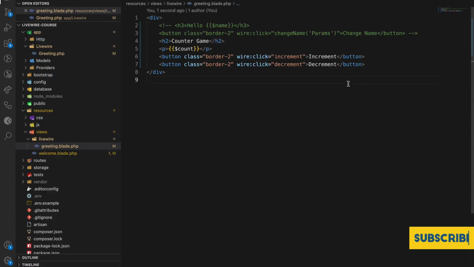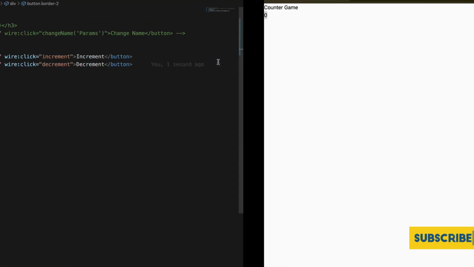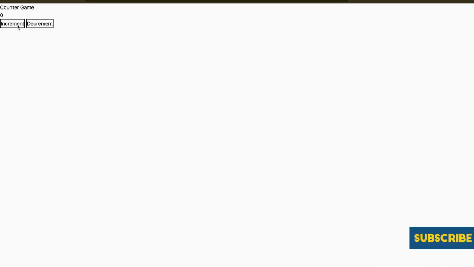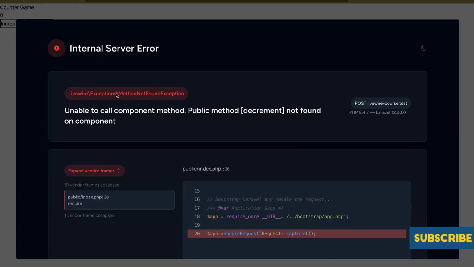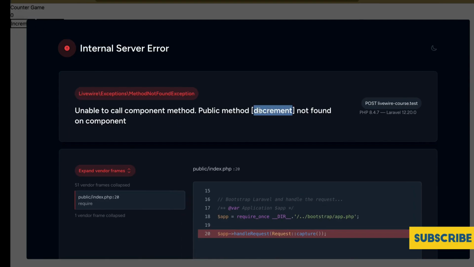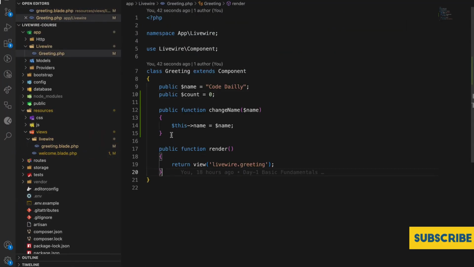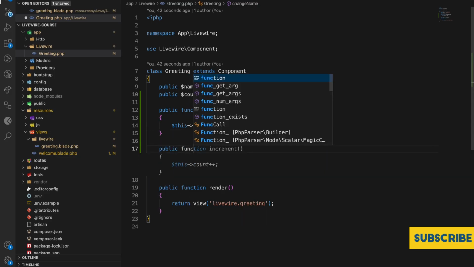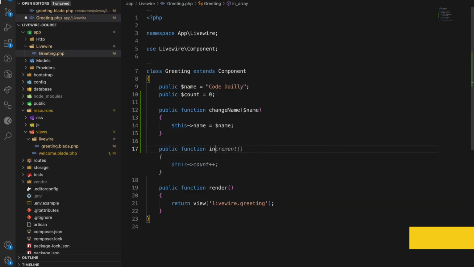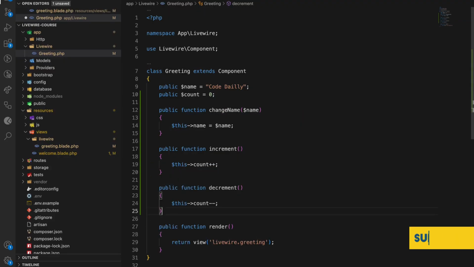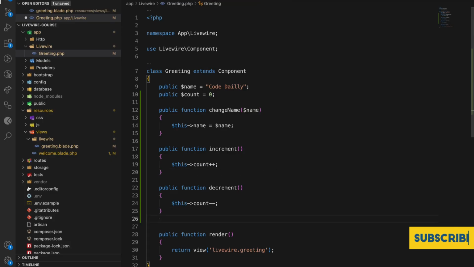If I refresh here, I have two methods now, increment and decrement, right? It's showing us the error because we don't have any such methods. So let's quickly create those methods here. Public function increment, of course, in increment we are going to increment the count, and similarly in decrement we are going to subtract the count, right? If we want the reset method also,